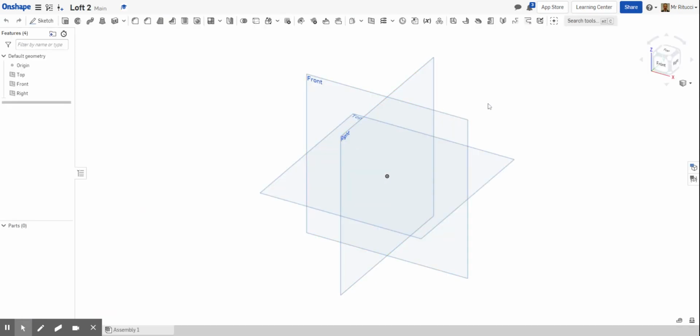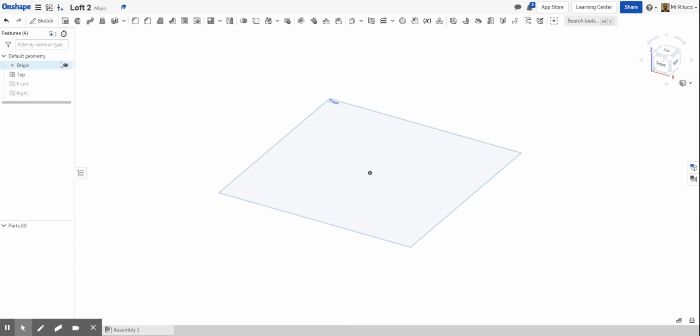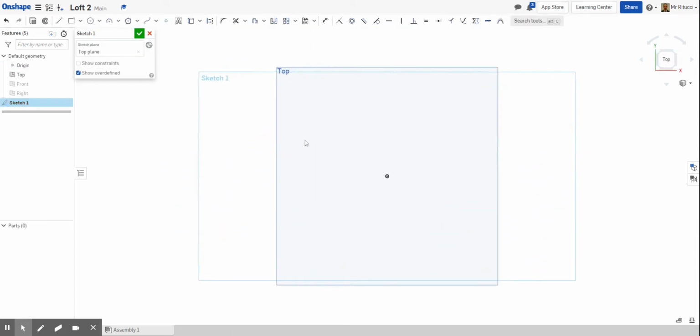So we're going to use the top work plane today, and also we're going to add in other work planes. So we're going to get rid of the front and the right. So let's go front and right. Let's get rid of those. Going to go to sketch on the top plane, press N, and we're going to start to draw the base